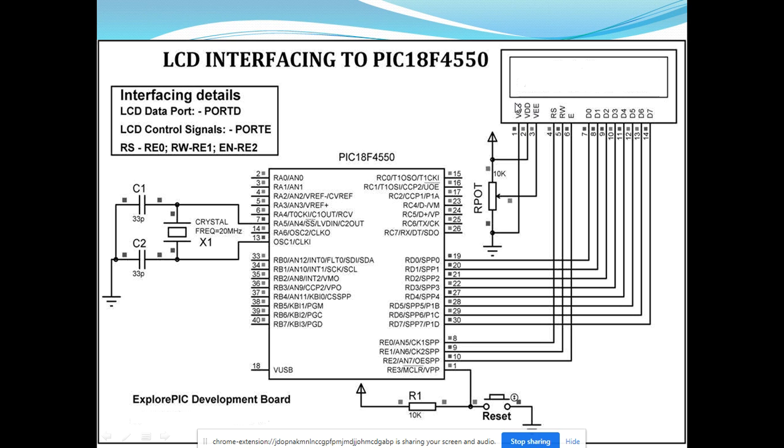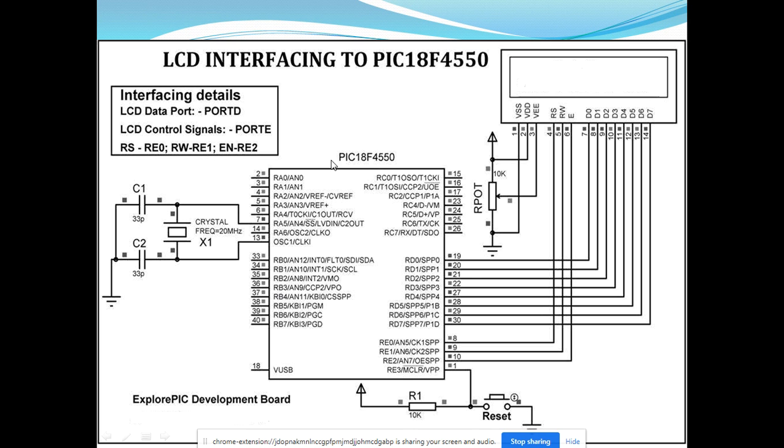Here these three pins are connected with the 5 volt supply, potentiometer and ground. You can see VDD is connected to 5 volt, VSS is connected to ground, and VEE is connected to the variable terminal of the potentiometer, through which we can control the contrast of the LCD. If you set this potentiometer at minimum value, zero resistance value, then you can set maximum contrast for the LCD. If you change the resistance, you are controlling the contrast of the LCD.